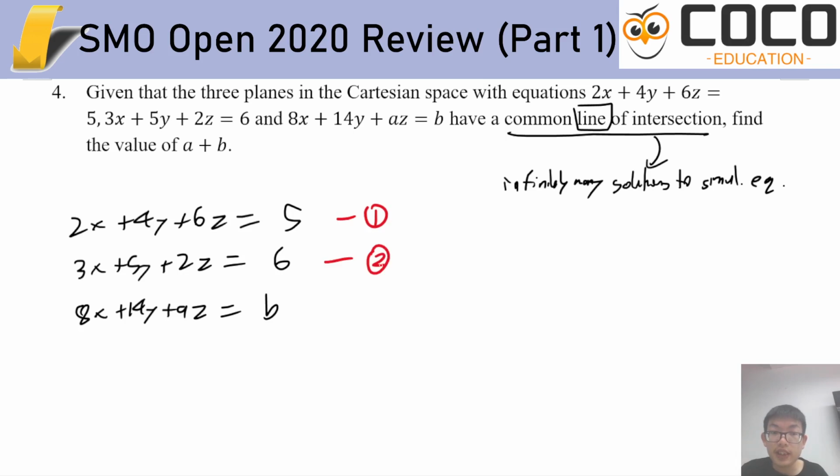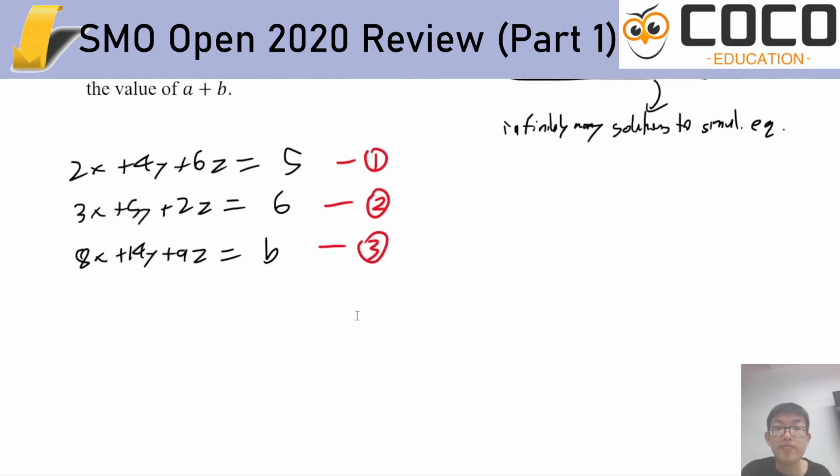And if that's the case, what you would do is just to say, I will eliminate, let's say, x. So if I take 2 times equation 2 minus 3 times equation 1, to eliminate x, I will get